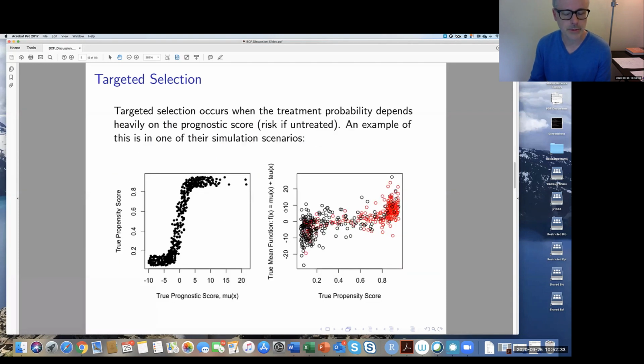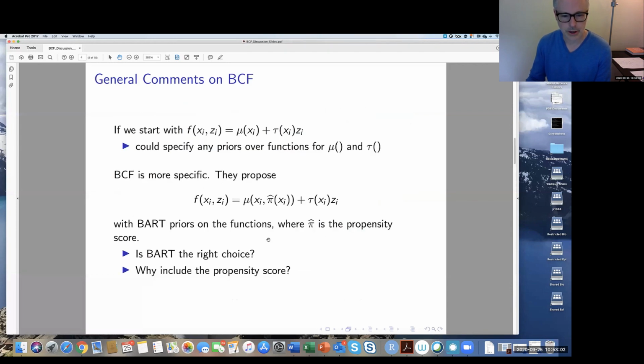So here we just simulated data using one of their data generating approaches from their simulations, and this shows the draws of the true propensity score versus the true prognostic score in the case where there is targeted selection, where the treatment probability depends heavily on the prognostic score. So you see this very nice monotone relationship. And if this is reality, it certainly helps you to use this pi hat here